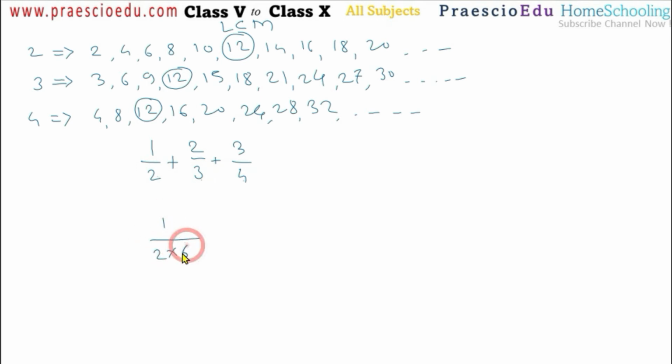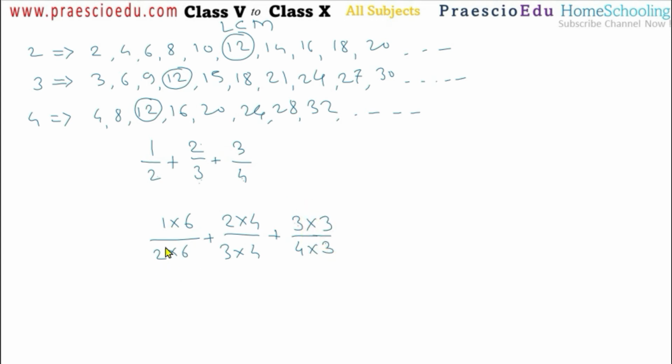Means 1 by 2, we have to multiply by 6, so the same 6 we have to multiply in the numerator also. Plus here, for making the 12, we have to multiply 3 by 4, so 3 fours are 12, and this 4 we have to multiply in the numerator also, so this 2 as it is, and then multiply by this 4. Plus here 4 we have to convert to 12, means 4 threes are 12, so we have to multiply by 3, so this 3 should be multiplied to the numerator, and multiply by this 3 here.